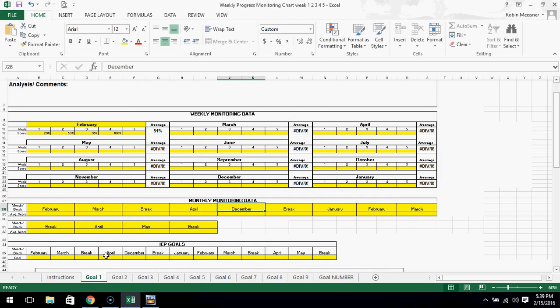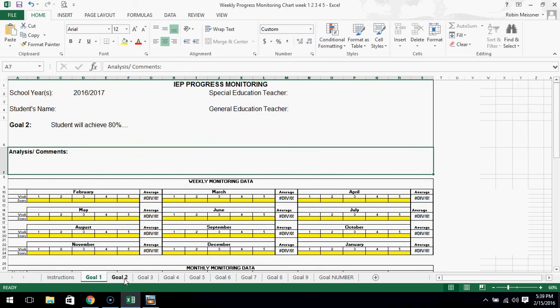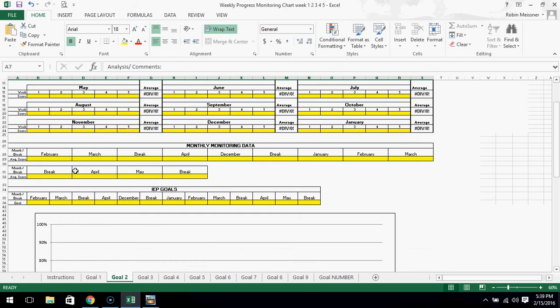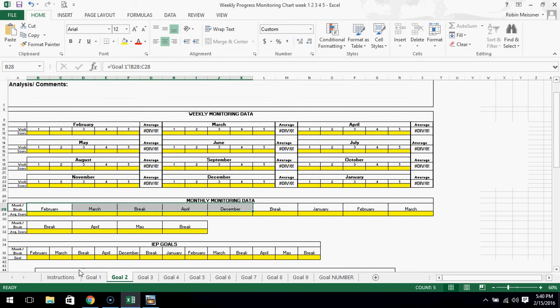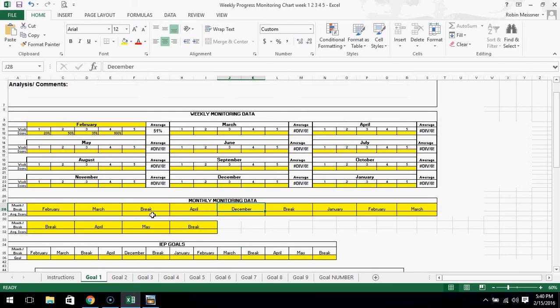And again, of course, as I'm typing it in my goal 1, it's automatically filling into these subsequent goals. And same with this area here, which is why this is no longer yellow. It's not something you need to fill in because it's populated here from goal 1. So we'll continue. We've got May, and then we have summer break. Oops, that already said break for me. Then we start back in August, September,